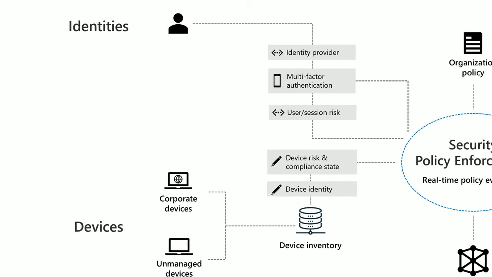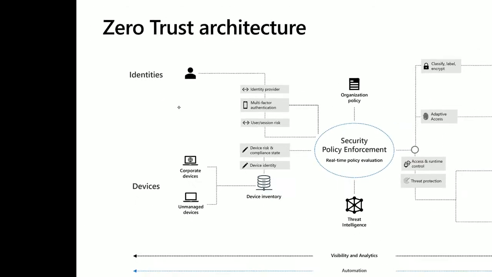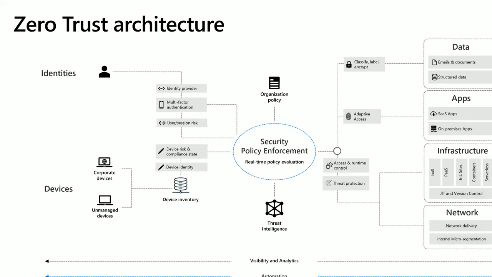Okay, great. So first, we want to look at the entire overview of your environment. We try to simplify it as much as possible to give the main principles of how your architecture should look in order to move to that Zero Trust model. So first, we look at the conditions on access. You have two very important things that happen with every login, with every access. You have the identity and you have the device. The identity, as we've seen by Jerry, the most important thing, have an identity provider, strong authentication, and then you can also leverage the user and session risk that goes into a security policy enforcement.